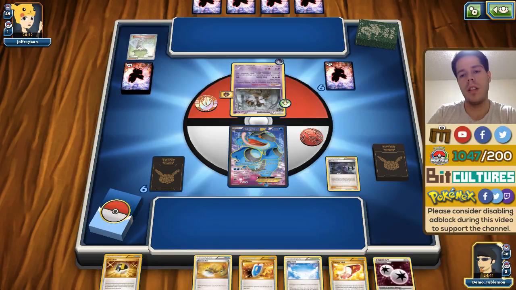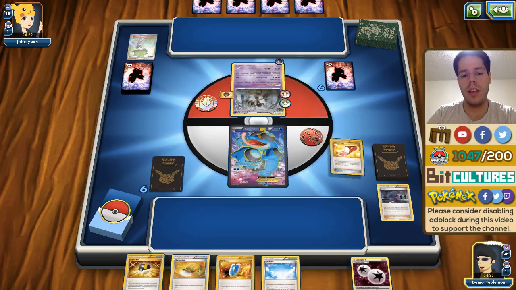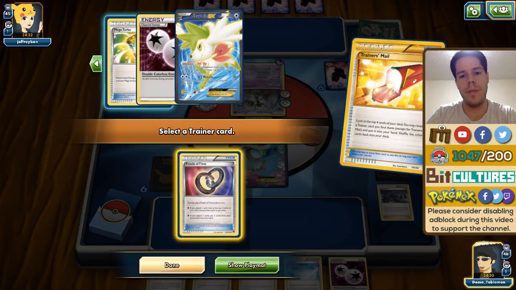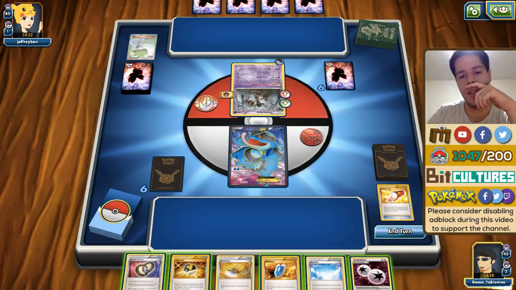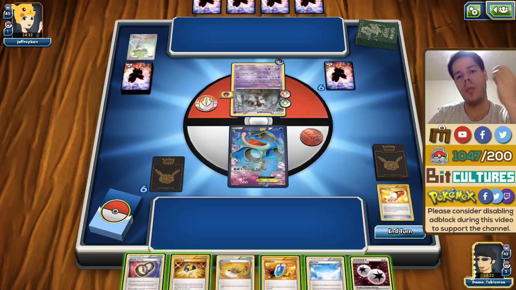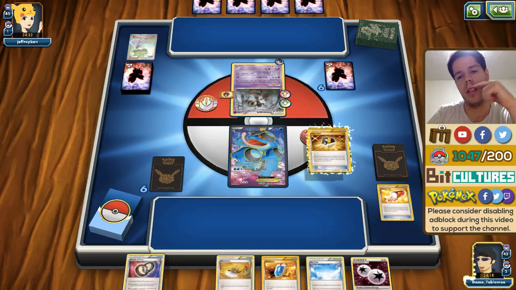But we can chain Hex here, which is nice, but by chaining Hex, we actually can't use Shaymin or Hoopa. But we can still do it next turn. Okay. 160 damage. A full bench will not one KO a Trevenant Break. But at this point,